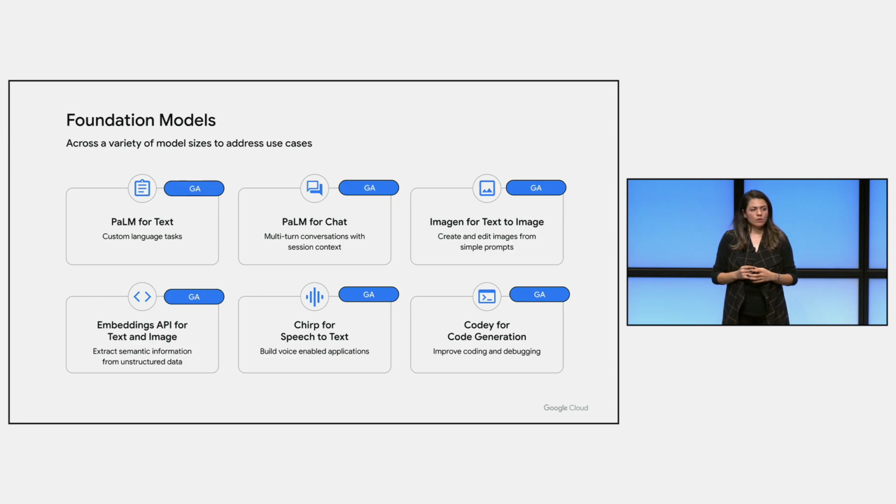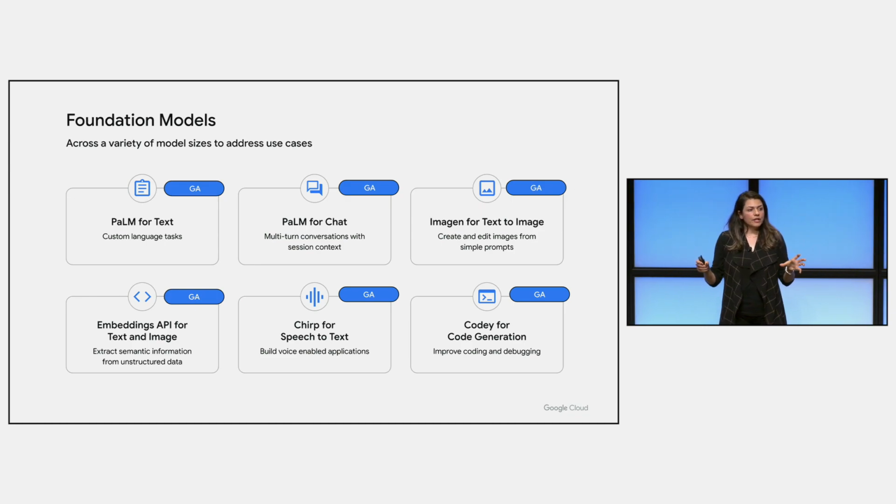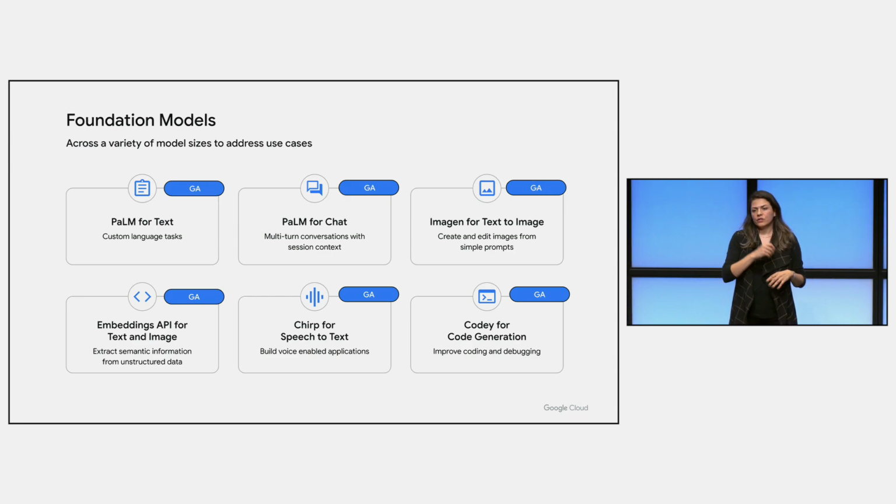And these base models have different capabilities. For example, if you're looking for classification or summarization, you would need text. If you want a multi-turn component to it, you would use chat, and so on. But this is a good start. Again, in real applications, you many times need to chain these models together and actually use, let's say, text with code, code for code generation, and so on.